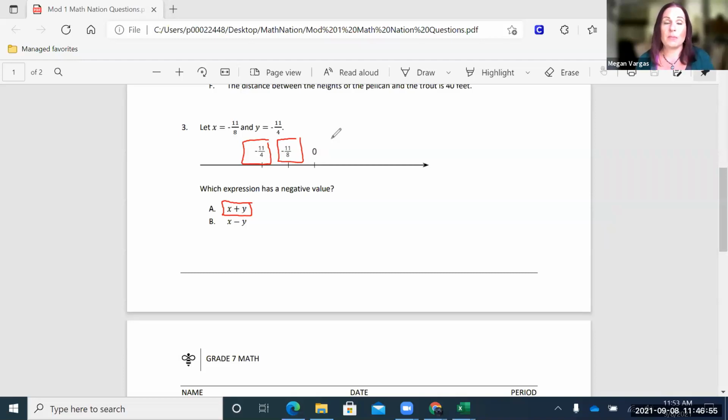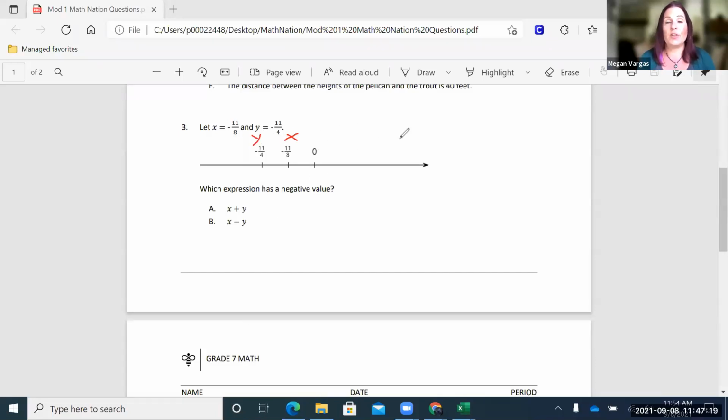You've got some members on the negative team, you've got another group of members on the negative team, you put them together, you have more members on the negative team, right? For this one, x minus y, this is a little trickier. X is this one, y is this one,